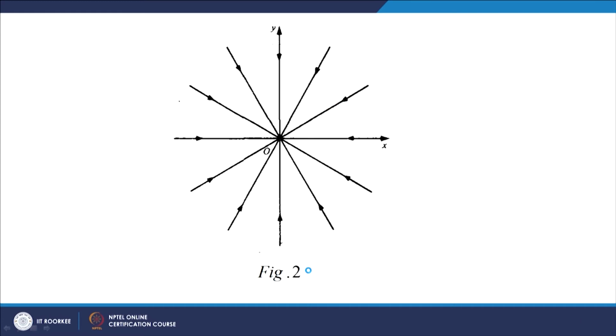You can see this situation here, this is the case when we are taking lambda to be negative. It is a star shaped node where the directions are towards the center. If you take lambda to be positive, these directions of arrows will be opposite to the directions here. So it is a star shaped figure, so we call it a star shaped node.